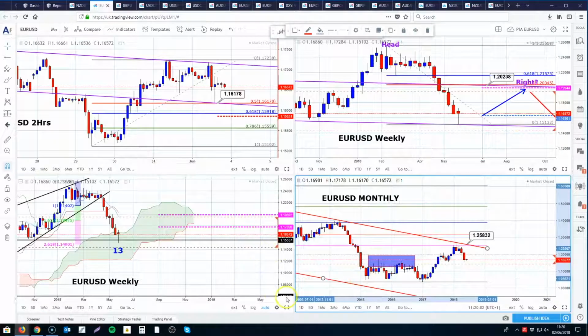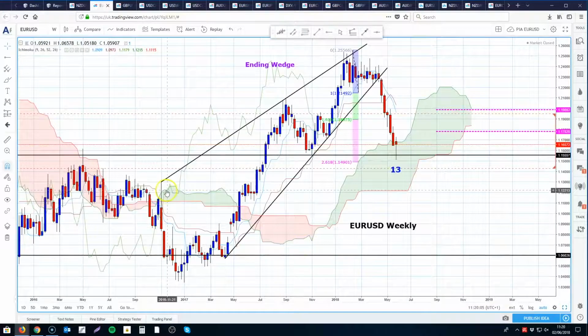When we go to the weekly chart, we've got a wedge formation breakout, impulse move to the downside. Levels close to the previous swing low found buyers. DeMark posted a 13 count on the weekly chart. That often highlights the end of a trend, or at least a correction to the upside. And obviously we've got the 261.8% extension level at